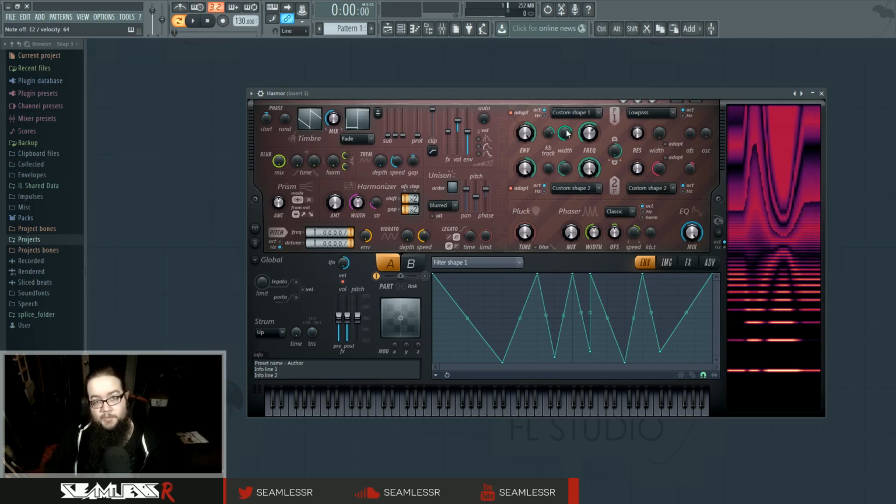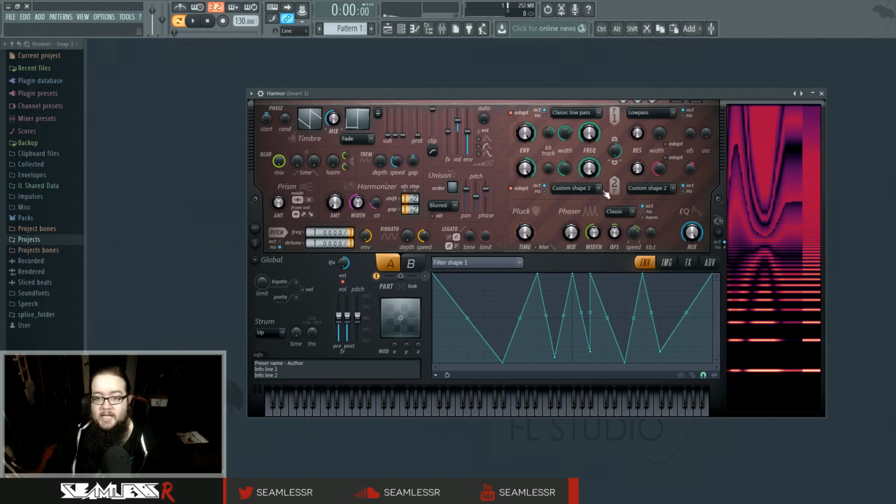And the entire reason this works is because we are having that kind of control over the individual harmonics. Like, as far as additive synthesis goes, this is really all there is to it. All the things that Harmor does all come around to that concept, including stuff like the